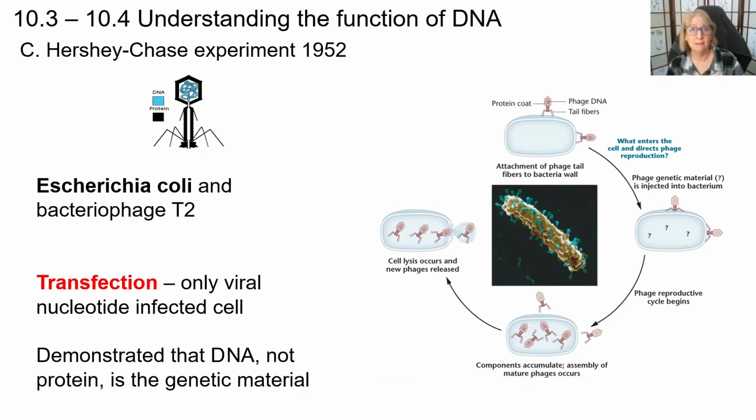We've also talked about this experiment, and this is the one that will really kind of tip the understanding of modern science into the idea that DNA is information. The Hershey-Chase experiment in 1952 centered around the idea of bacteriophages and E. coli. And we have seen this when we talked about infections in E. coli. We looked at T1 and T2 and T4 phages. They actually used the T2 phages